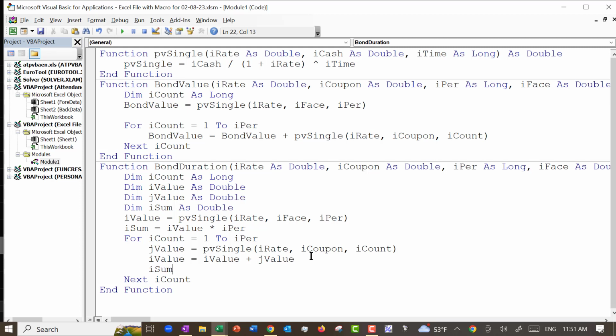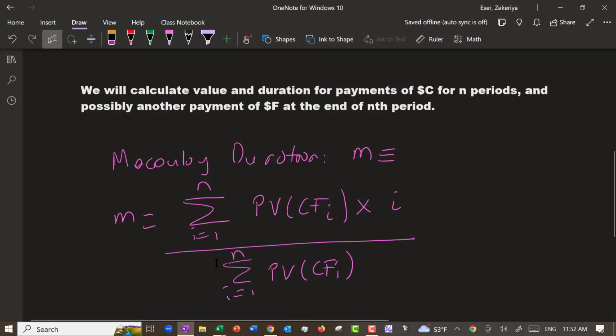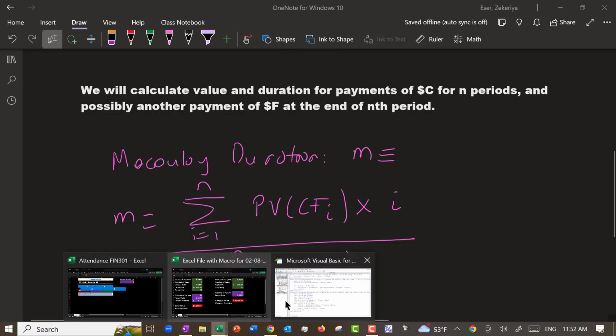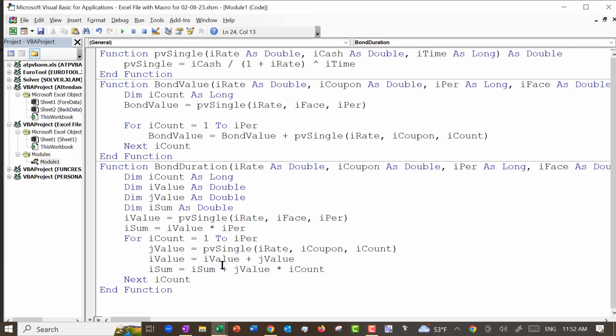And to the I sum, I'm going to add J value times I count. So when you're done with this loop, I value contains the numerator and denominator, and I sum contains the numerator. Hence,